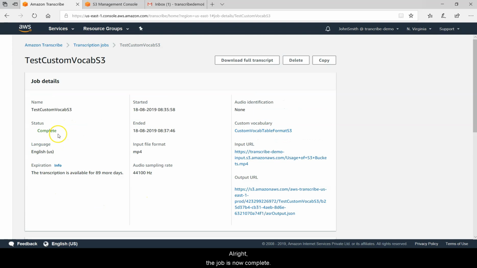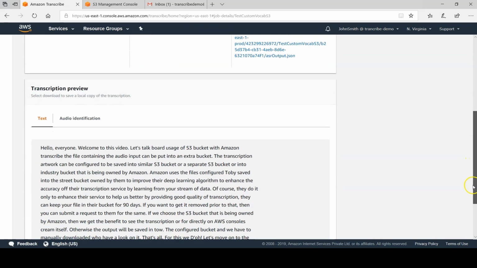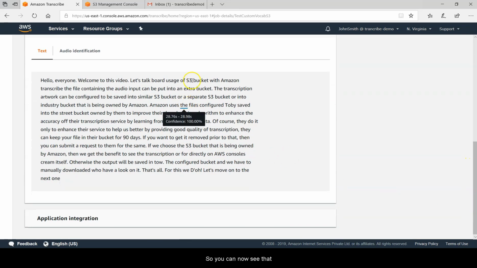Alright, the job is now complete, and we have the output URL, and we can scroll down to see the output here. So you can now see that previously it had S3 spelled out, but now it has the display as output that we have defined in custom vocabulary.